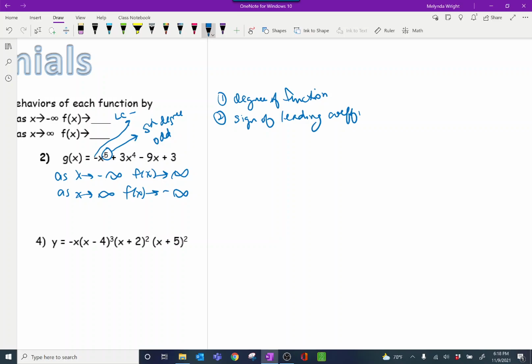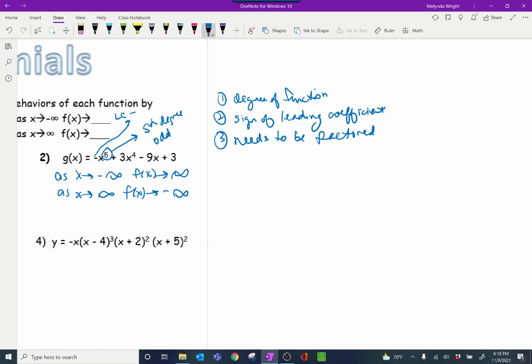Okay, we need to do those two things. Okay, perfect. Then we need our equation, it needs to be factored. And mostly they already are. It's not something that you would need to do. And what you do with the factors, it needs to be factored, and you're going to